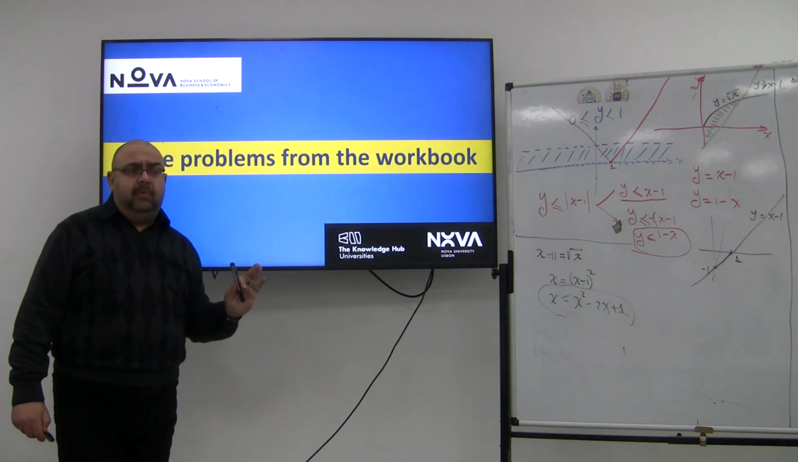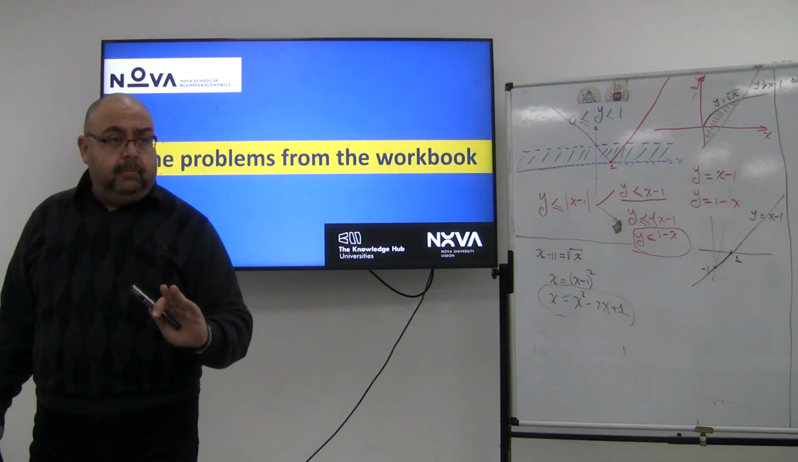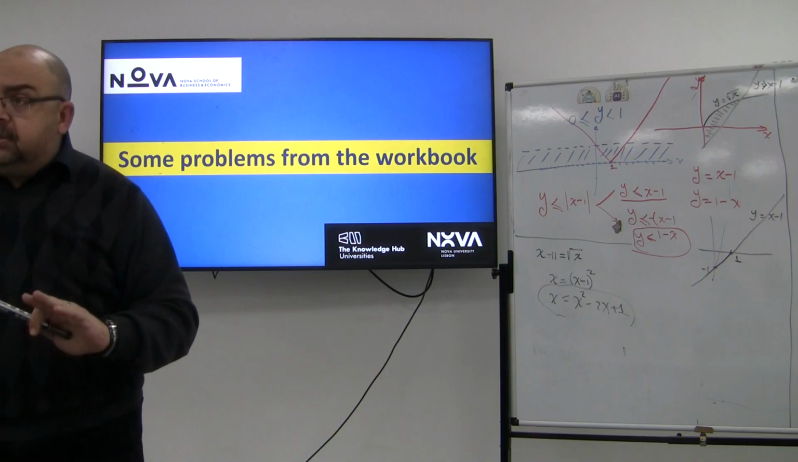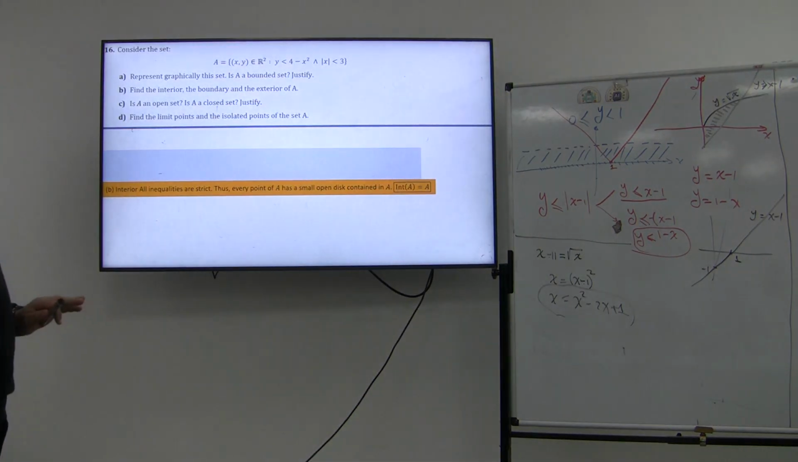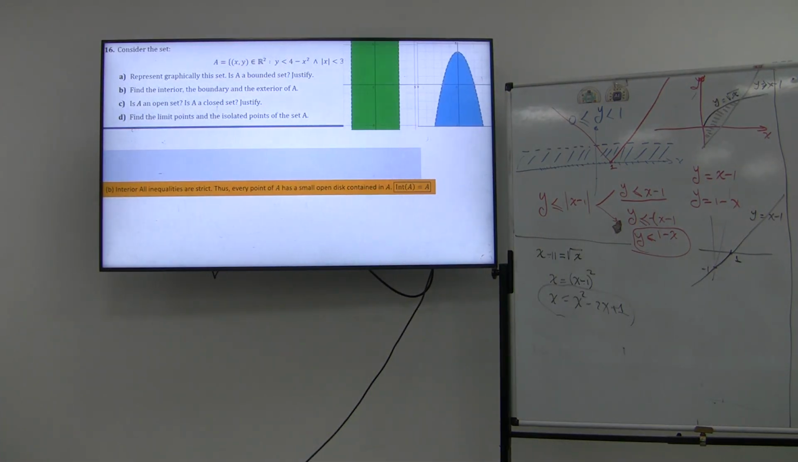I've solved some of the examples on the workbook from the sheet of this part. So for this problem by itself, okay,